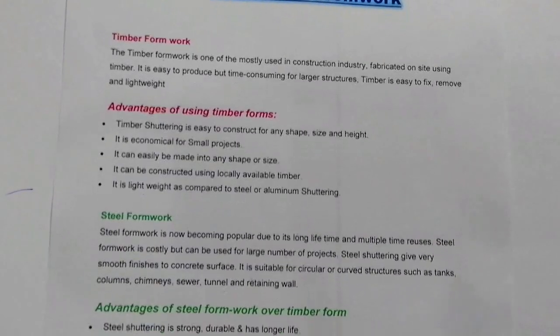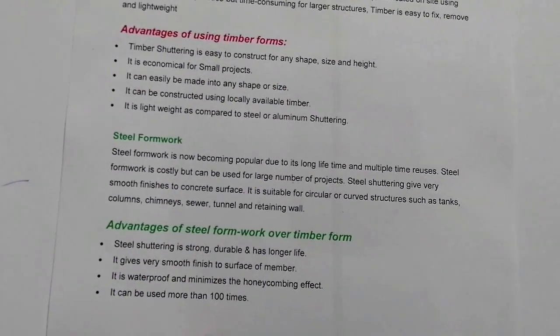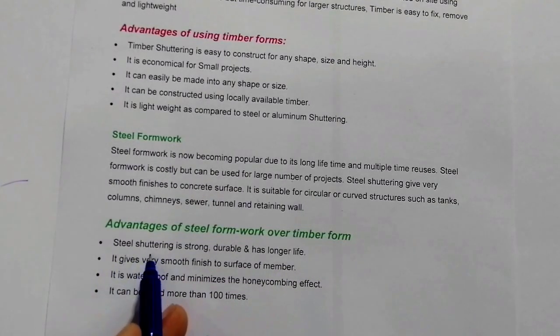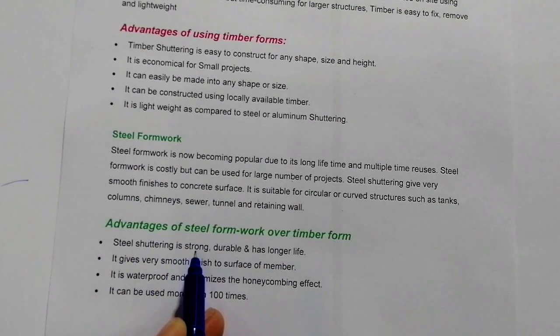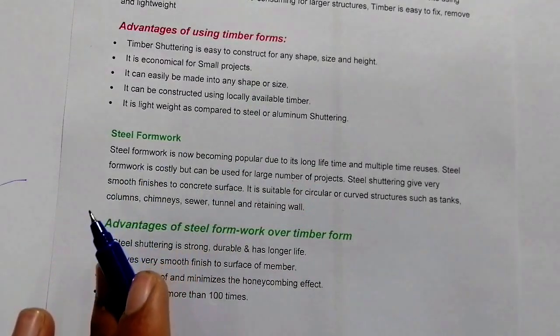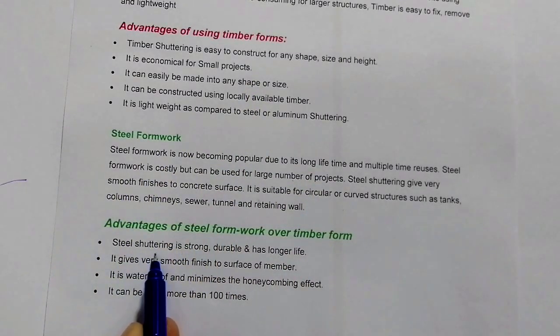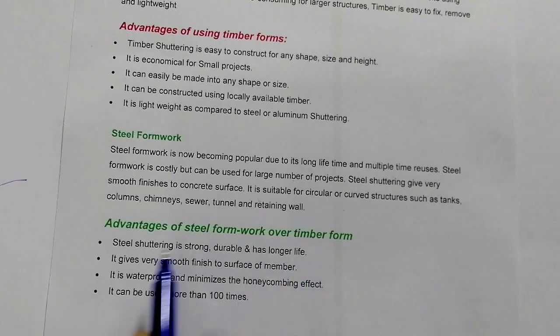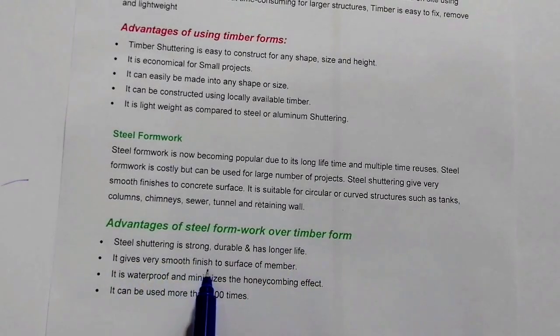Now what are the advantages of steel formwork? Guys, you can see here steel shuttering is stronger than wooden or timber. Steel shuttering is strong, durable, and has a longer life. It gives very smooth finishes to the surface of the member, but